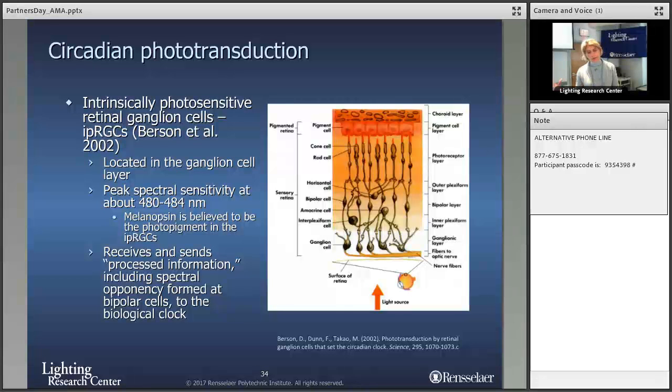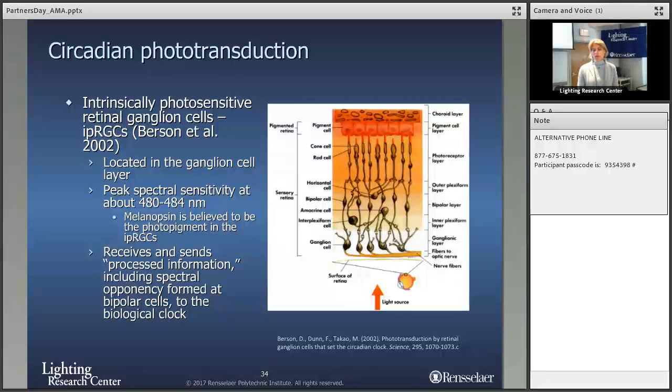So starting with the basics, circadian phototransduction, which is how the retina converts light signals into electrical signals for the biological clock in the brain. We do know now that we have a novel class of photoreceptor. I mean, it's not as novel because it's over 10 years now, but it's more novel than the classical photoreceptors, rods and cones. This really started with work by Russell Foster in the 90s, where he showed that genetically manipulated mice